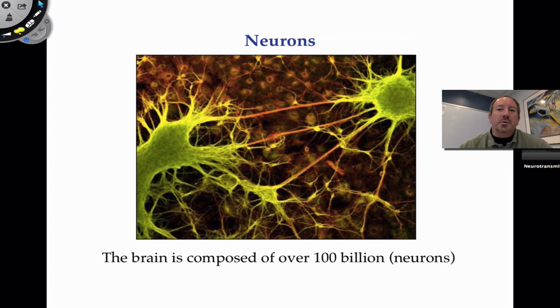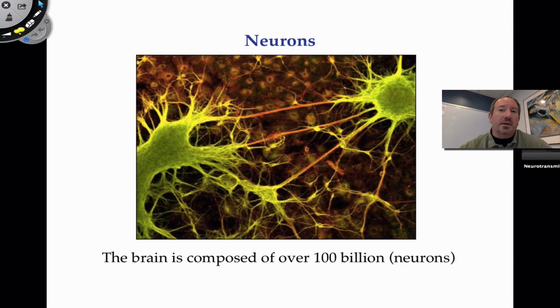It's able to send an electrical impulse down its body. It's able to communicate with other neurons. It's capable of communicating with other tissue in general. It's able to talk to glands. It's able to talk to muscle. And ultimately, it's what you're doing right now by watching me and by listening to me and hopefully understanding some